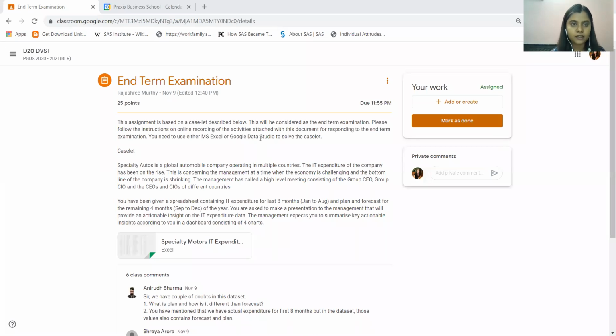Share. So I hope my screen is visible. So basically, the Caselet here is about Specialty Studios, which is a global automobile company operating in multiple countries. The IT expenditure of the company has been on the rise. This is a concern to management at a time when the economy is challenging and the bottom line of the